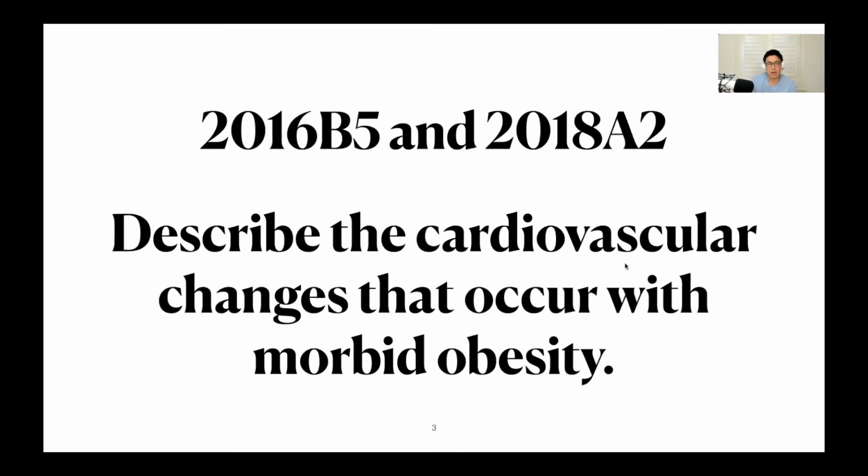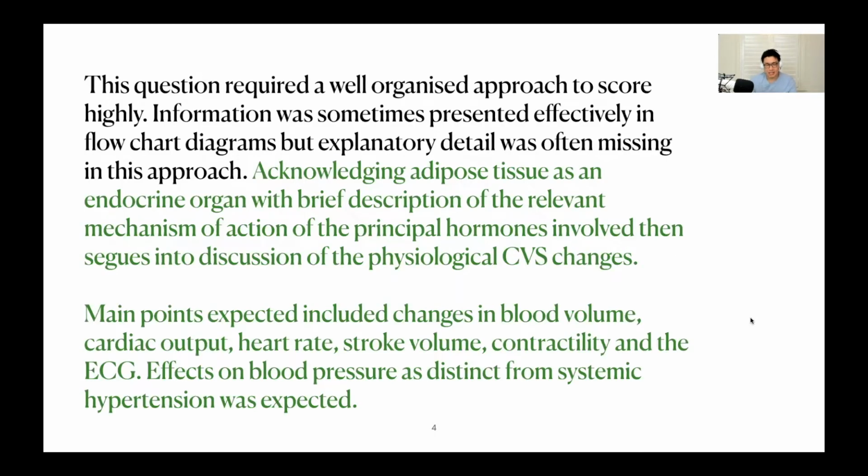2016-2018 question, which was: describe the cardiovascular changes that occur with morbid obesity. And this is the examiner's report. This question required a well-organized approach to score highly. Information was sometimes presented effectively in flowchart diagrams, but explanatory detail was often missing in this approach. Acknowledging adipose tissue as an endocrine organ, with a brief description of the relevant mechanism of action of the principal hormones involved,